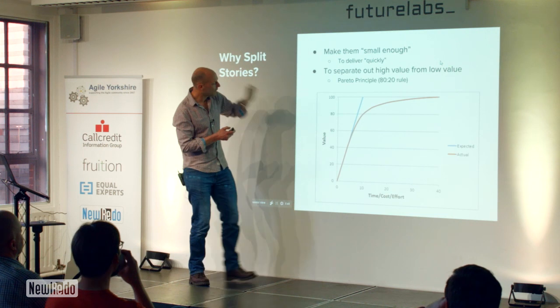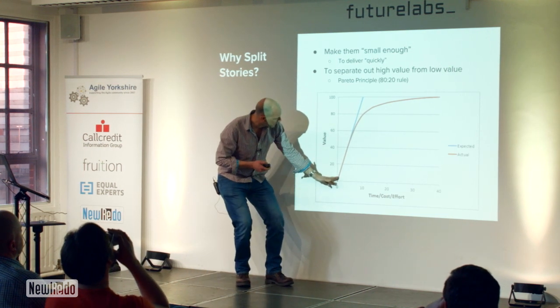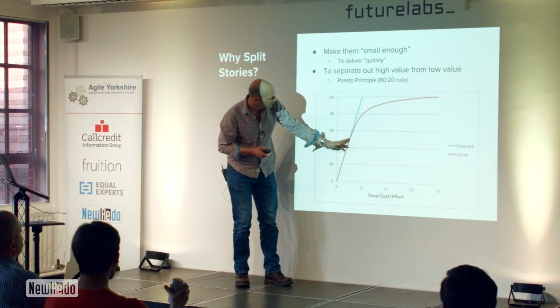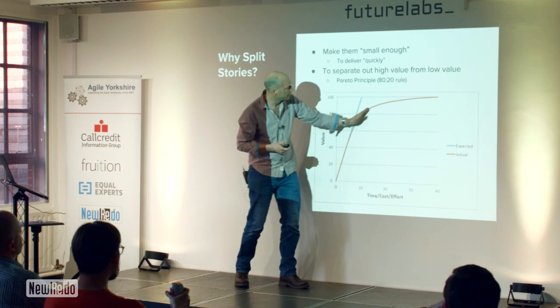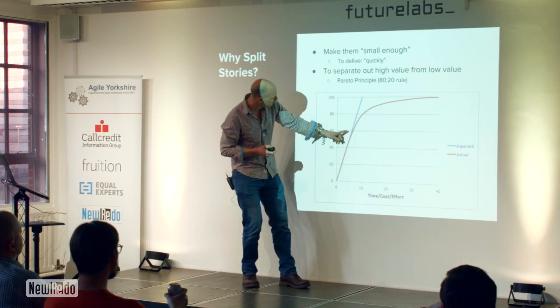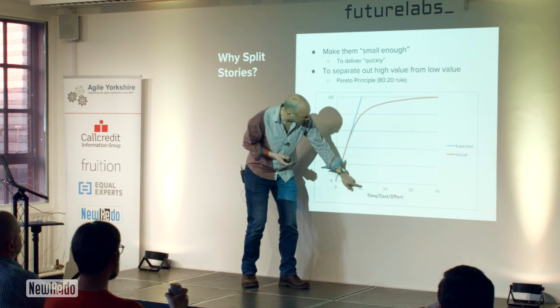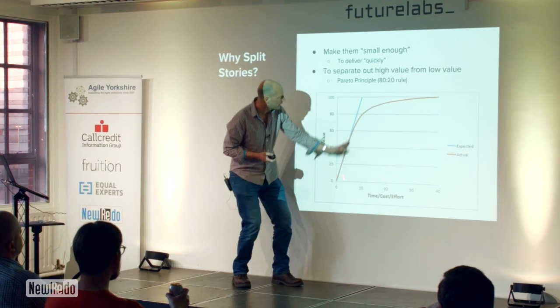So, yeah, if you had your stories nicely in order, then you would see value soaring as you delivered initially, but then it peters out. So, you've delivered 80% of your value in about a quarter of the time. The blue line is kind of,